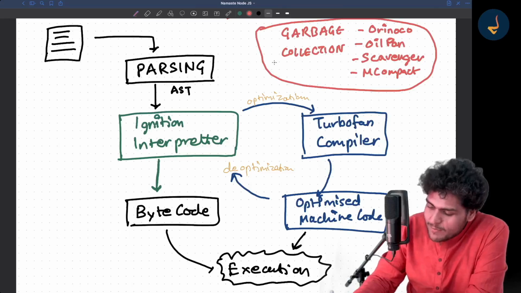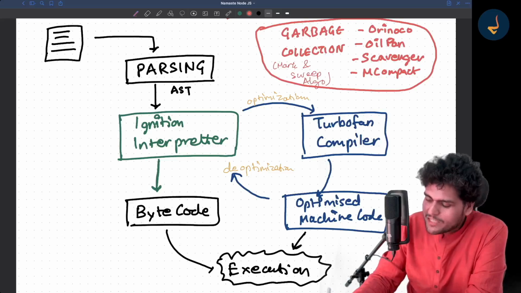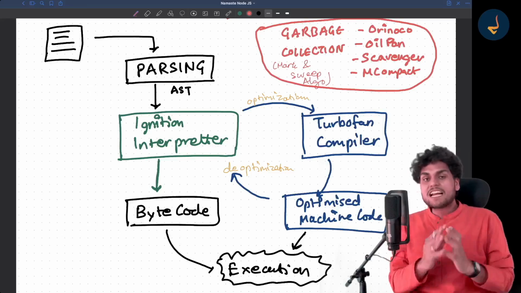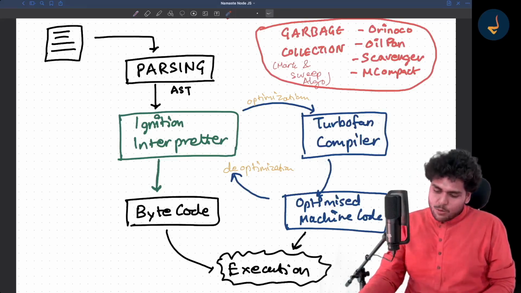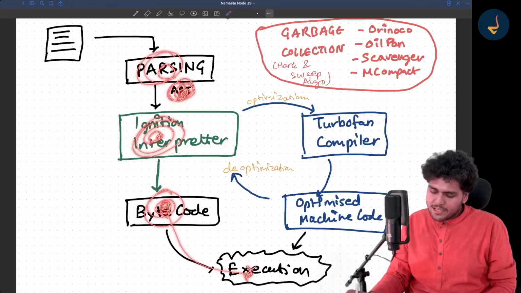There is an algorithm known as the mark and sweep algorithm, which is running behind the scenes. There are so many things that happen in the V8 engine. Inside it, there is parsing going on, there is the AST being converted, there is the Ignition interpreter, and bytecode is being generated. Then it is executed.